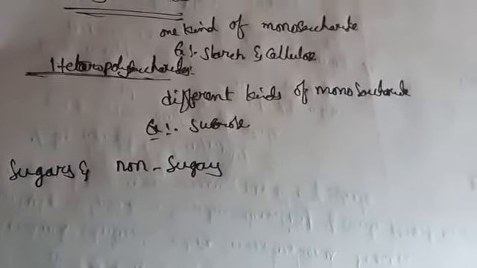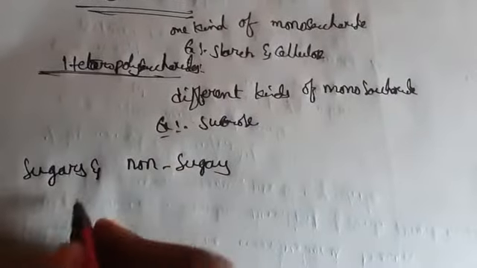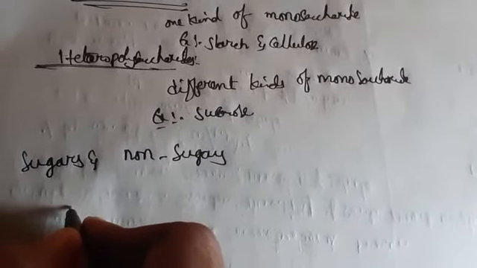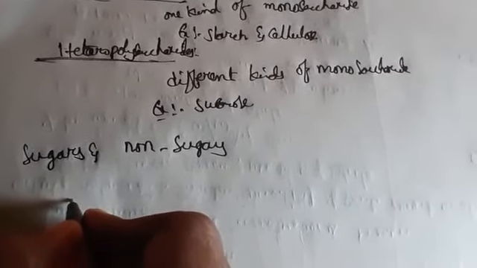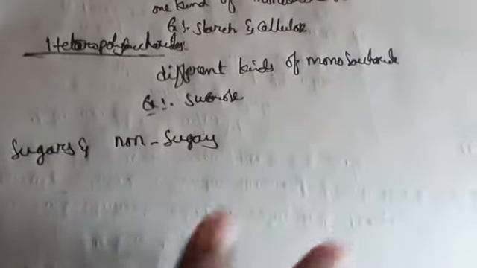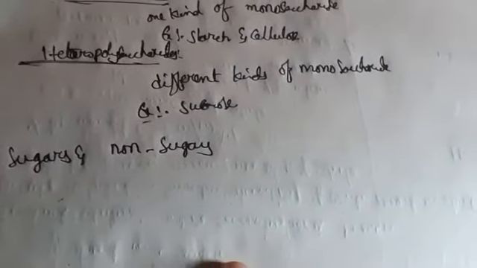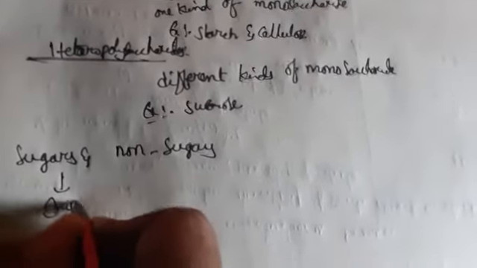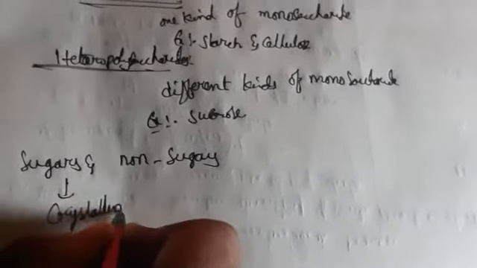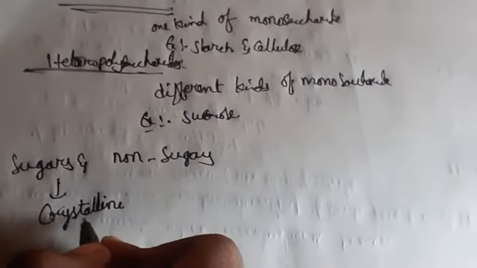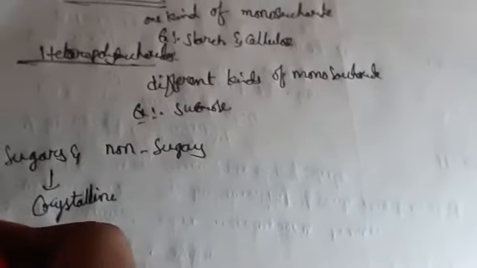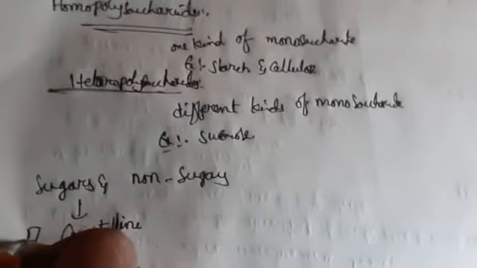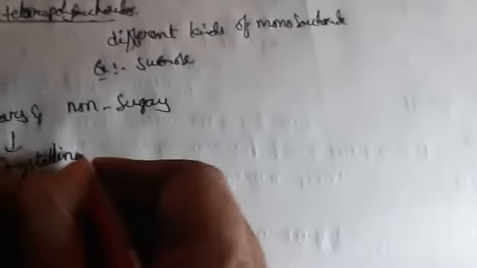For example, you take normal sugar, it is very sweet, no? So means what? They can easily dissolve in water. Those type of compounds we call it as sugars. See here, these are crystalline. In our home, the general example, one piece of sugar molecule, how it is? Like this only, no? It is in crystal. So the crystalline solids